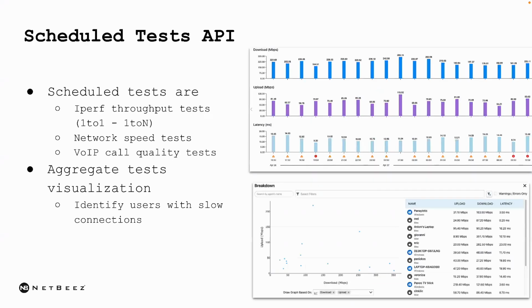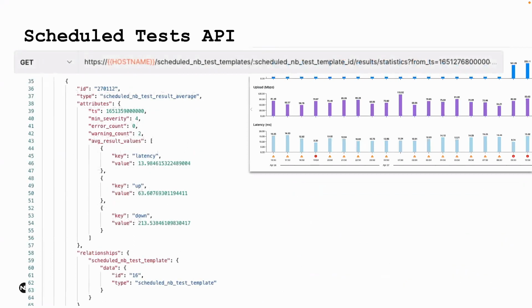Moving on, scheduled test API, we have this visualization on the dashboard where on the top part, we show the averages on a per run basis. And then when you click on a specific run, it breaks down the results into this visualization graph where you can filter and view individual agents. So to get the top part, which is the averages, you can go to the scheduled test templates, you specify the template ID, the results, and the statistics endpoint,